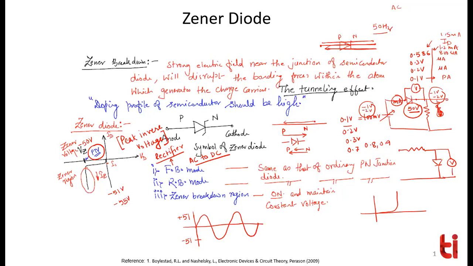So very simply, you can make a rectifier circuit using a diode. Okay. Now let's say this is the diode and you have applied plus 51 and minus 51. So what will happen is, even in the forward bias, it will conduct, and even in the reverse bias, it will conduct. Because in the reverse bias, you are giving a minus 51, which is greater than the breakdown voltage. So make sure whenever you are applying a diode in a circuit, its applied reverse voltage should not be increased more than PIV.